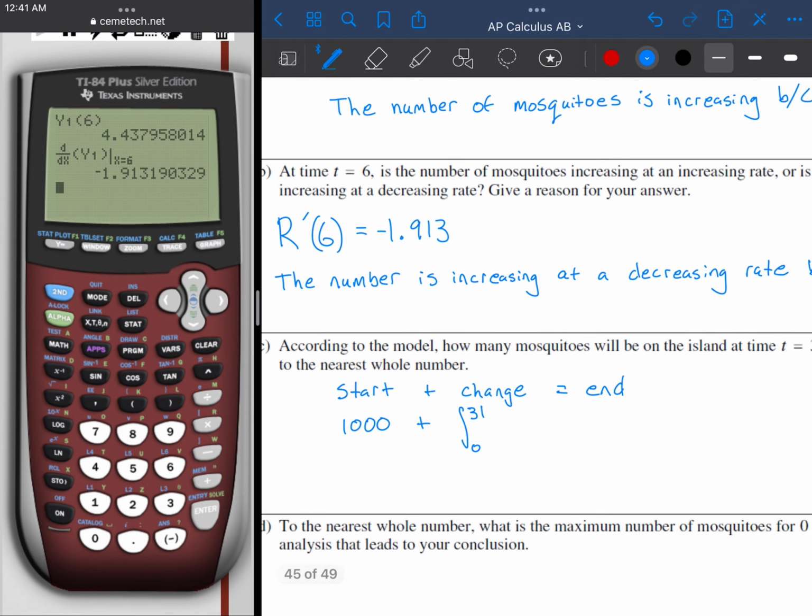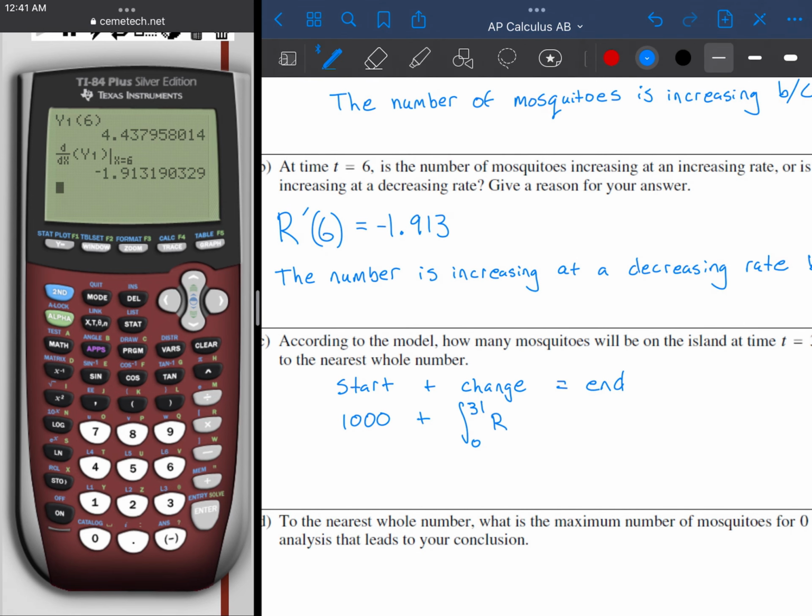What letter is it? R of t dt. And you just enter that into the calculator and it spits out an answer. So 1,000 plus math 9 from 0 to 31 of vars right, enter, enter, with respect to x. And it spits out,